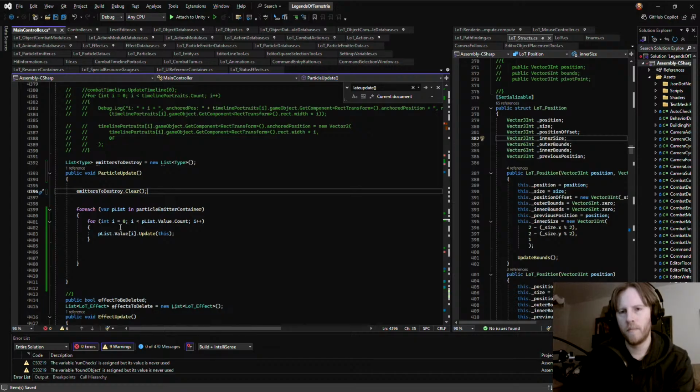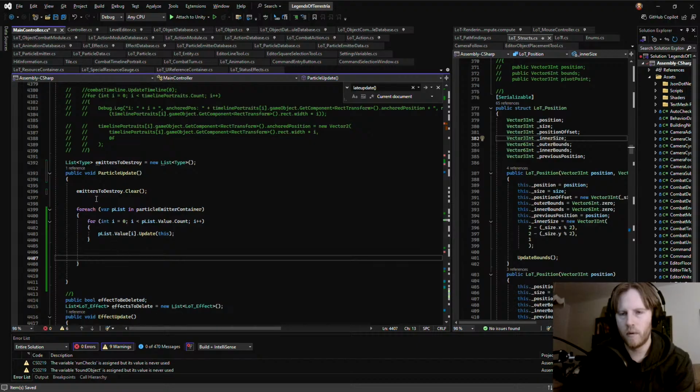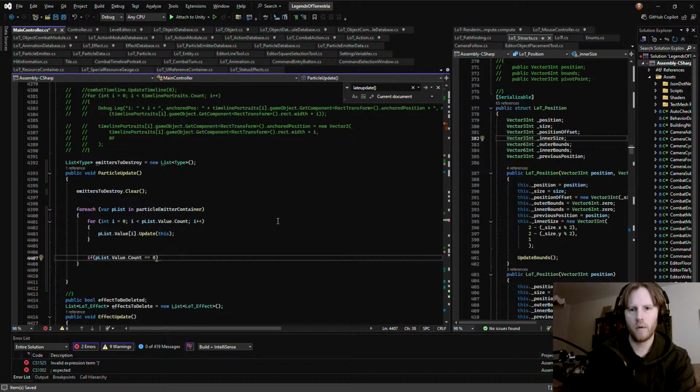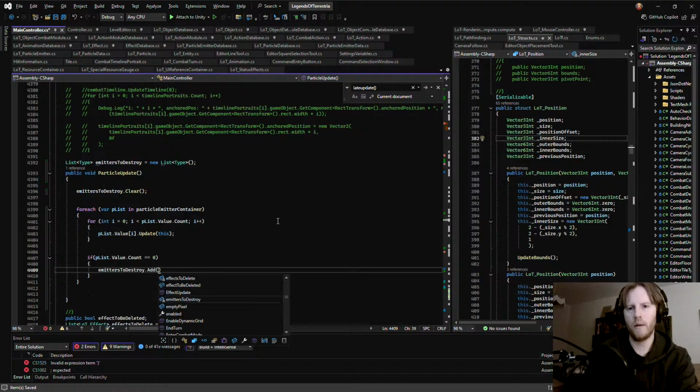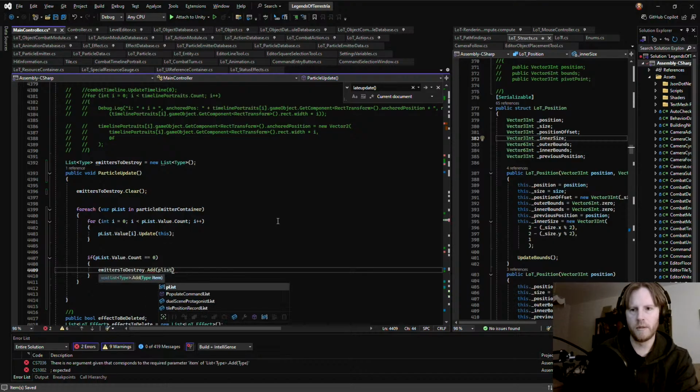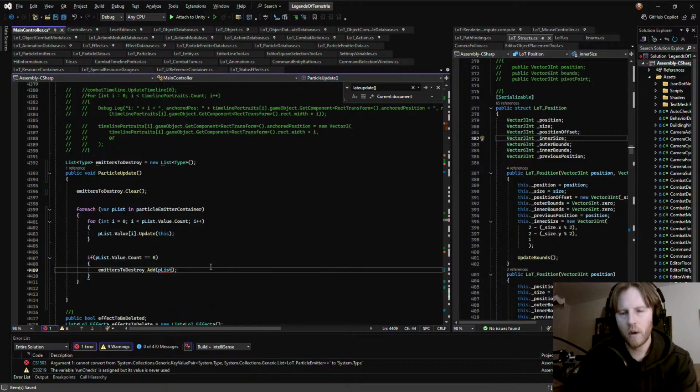Make sure it's cleared, and then here what we should say is if plist.value.count equals 0, then emitters to destroy.add plist dot key,